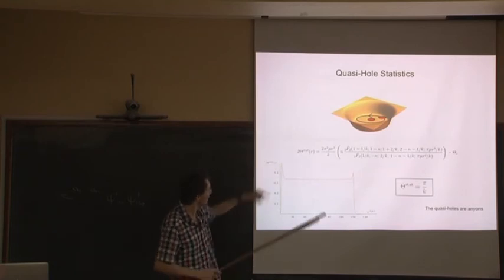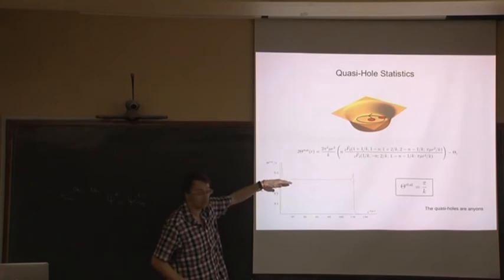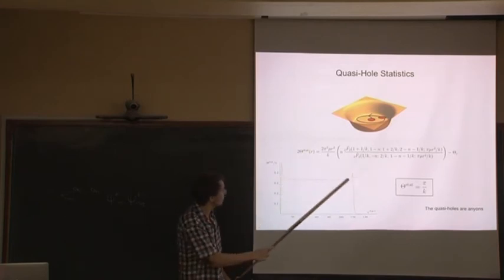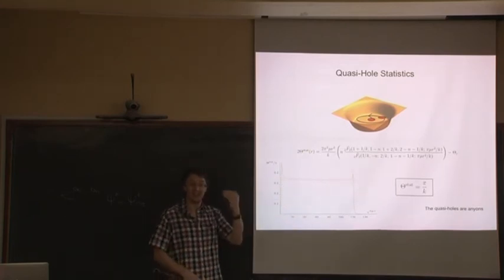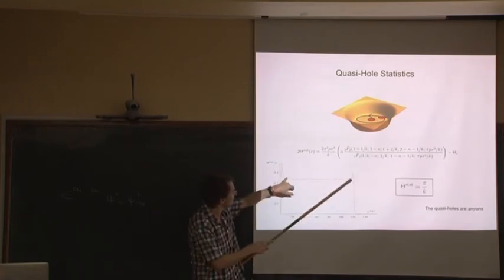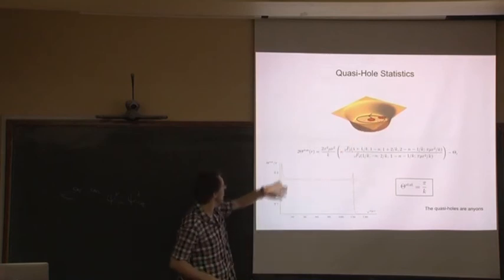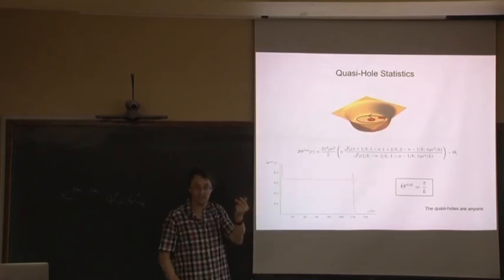This is the statistical phase, and you can see that this was actually plotted for a k equals 3 case. This lovely plateau in the middle there tells you that these are anyons with the right statistics. Again, two edge effects. This is when it leaves the disk. This is when this quasi-hole comes too close to this quasi-hole, and you start to see the interactions between them.